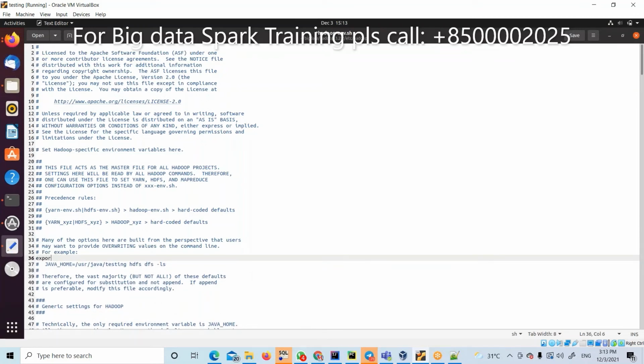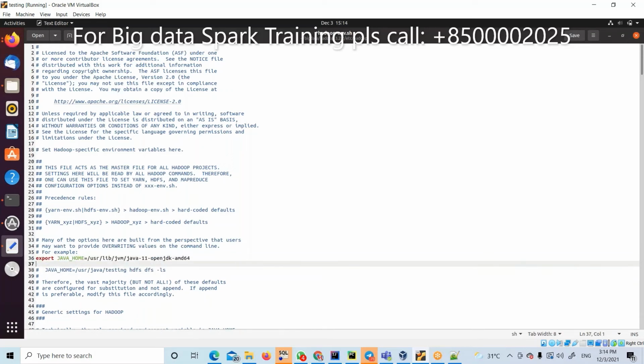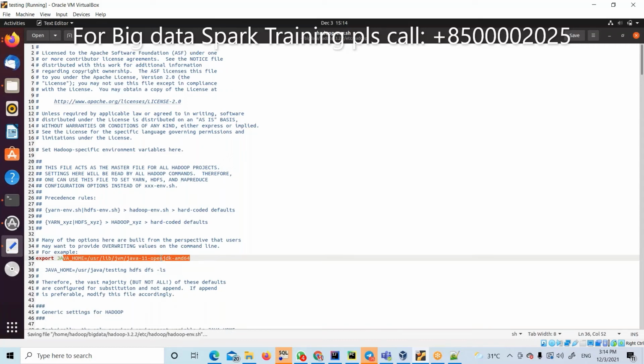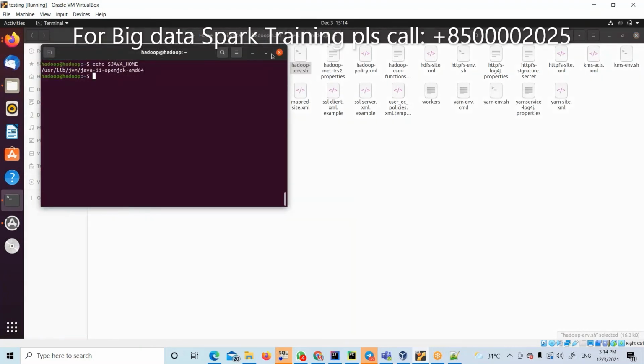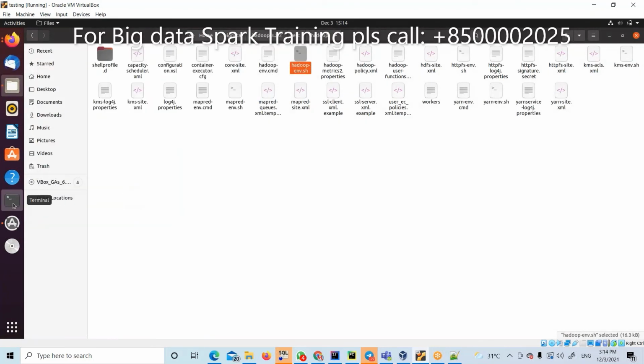Okay, export JAVA_HOME equals, then paste with Control V. Only in case it is unable to recognize Java, do it like this. This is recommended in Hadoop 3.x. Maybe if you want Java 8, change it to Java 8. In most cases in Hadoop 3.x you get this issue. Now one more time, please close all these terminals and open them again.